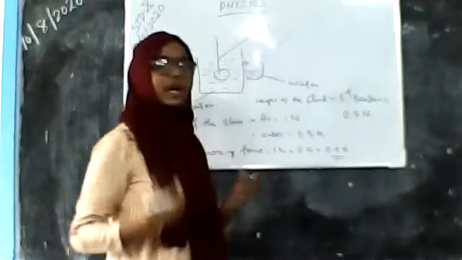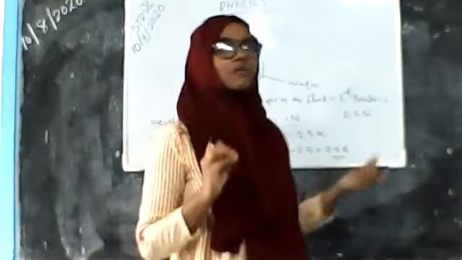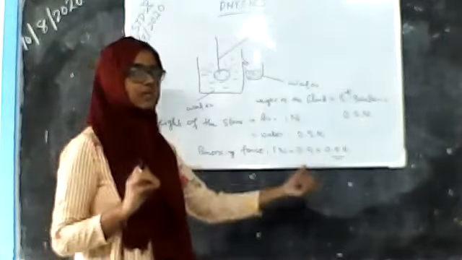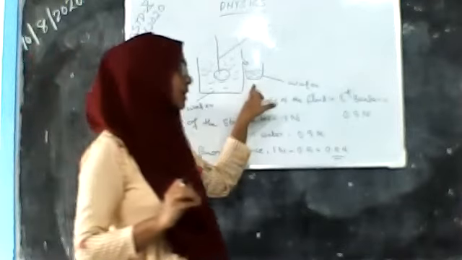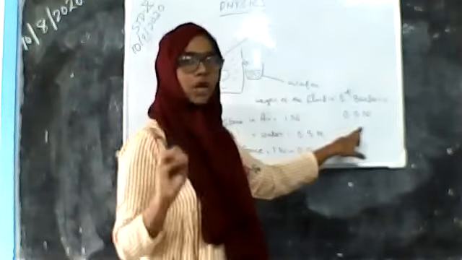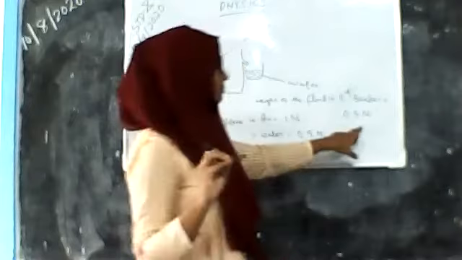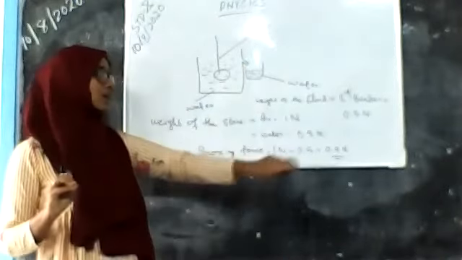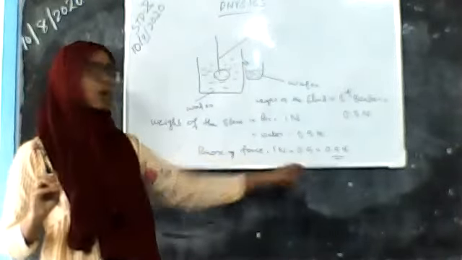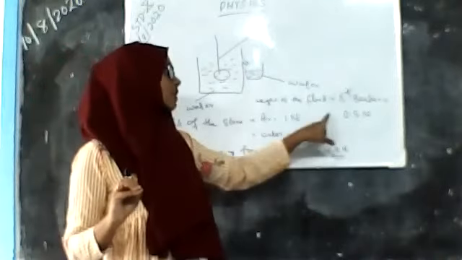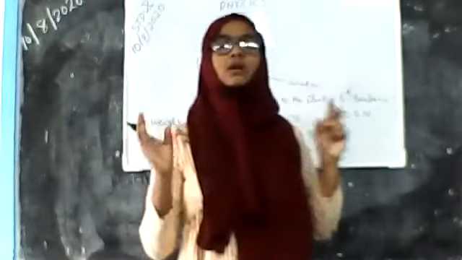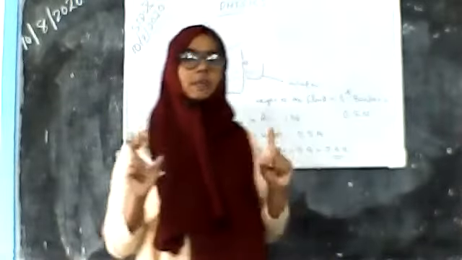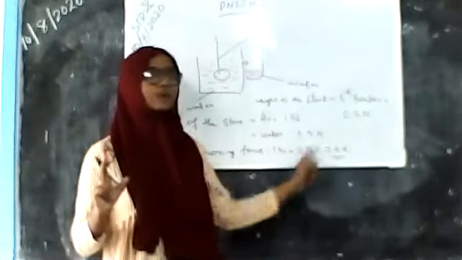We don't have a spring balance here, that's why we have to assume these answers. The weight of the fluid in the second beaker is 0.5 Newton. So we can see that the buoyant force acting on this object and the weight of the fluid displaced from the first beaker to the second beaker are the same. These two are 0.5 Newton.